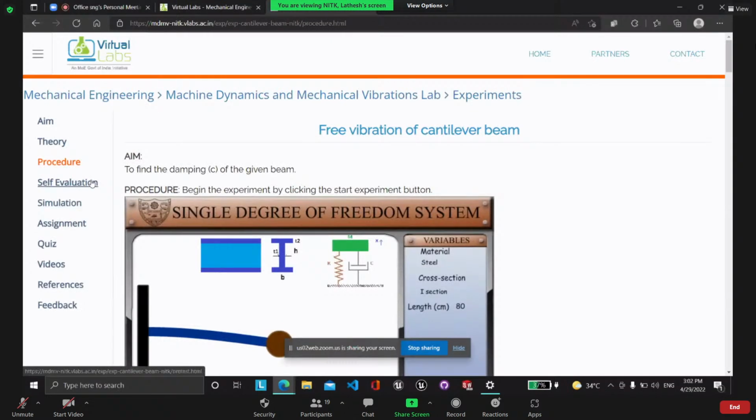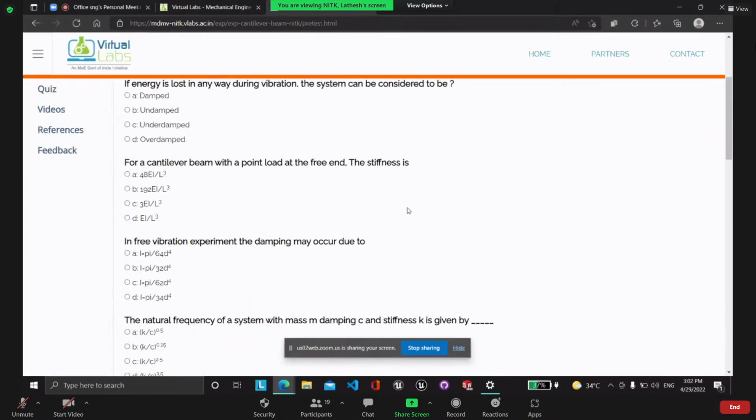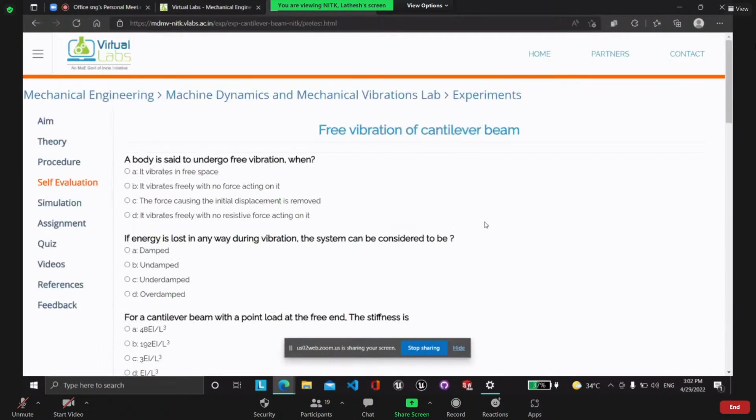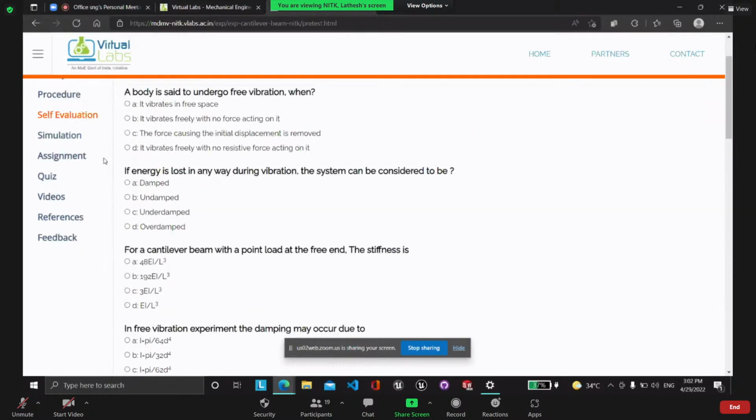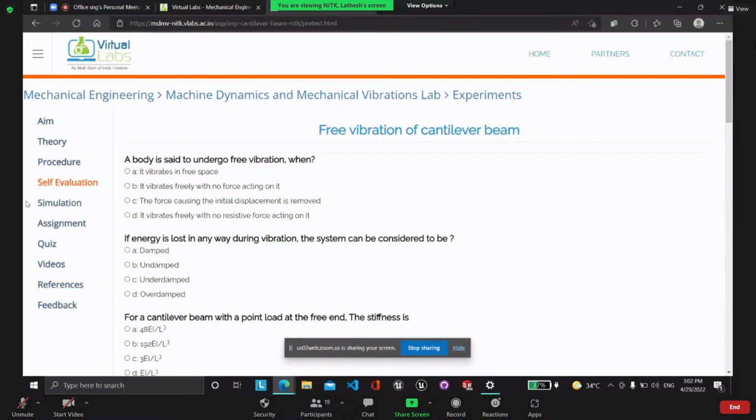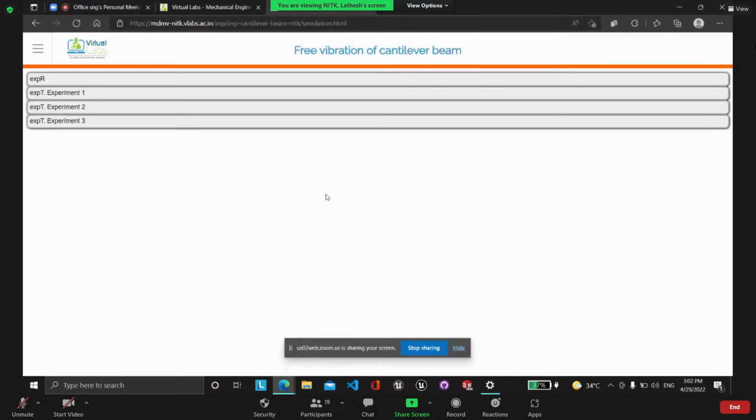And in the self-evaluation section, there are a few multiple choice questions where the user can go through and test his knowledge before going through the simulator. So if I go to the simulator quickly, and click on the simulator, I'll get these 4 buttons,